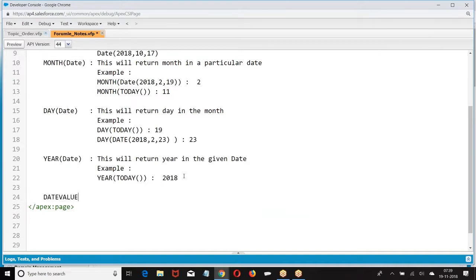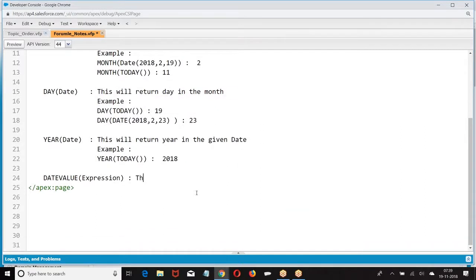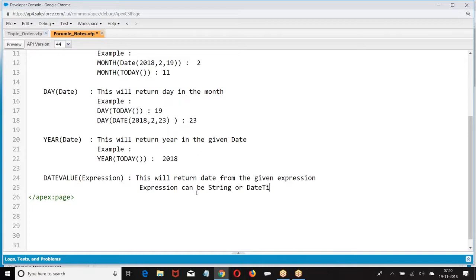Date value. This will return date from the given expression. Expression can be string or date.